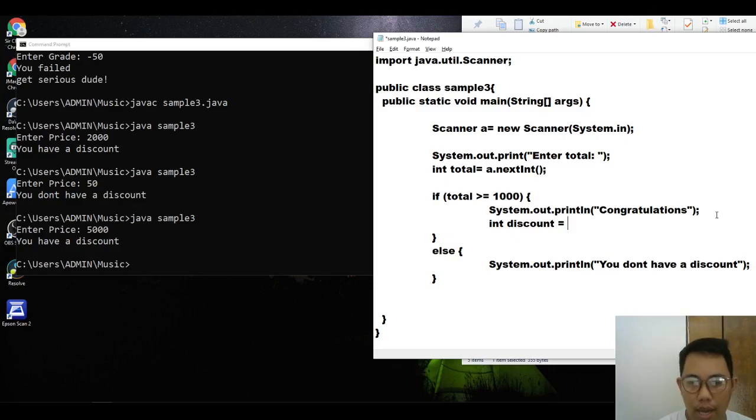Say int discount equals total, which is the value of the one that we inputted there, times 0.10. 0.10 is equivalent to 10%. And then after that, I will enclose that